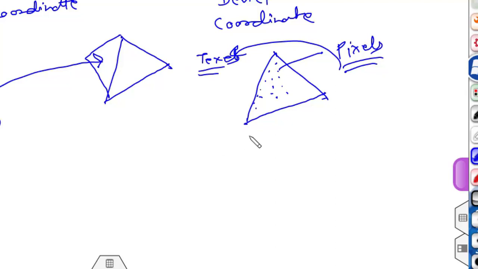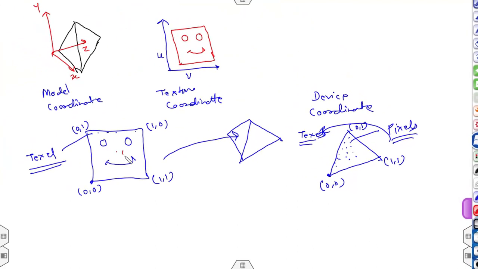First of all, we can assign the major coordinate values to the major coordinate values of the game object. Suppose I am assigning this 0 0 here, and suppose this is 0 1 and this is 1 1. So now what will be this coordinate? It is 0 0.5, 0 0.5.